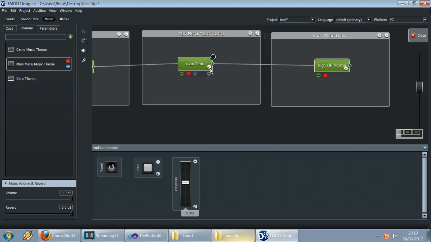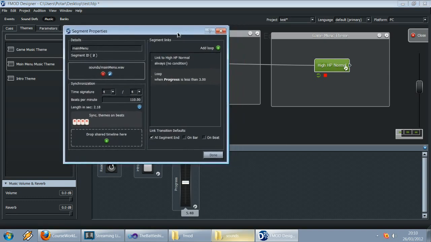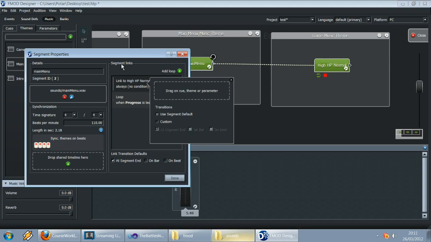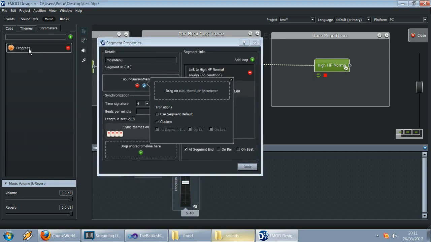What we do is we go to the main menu, and then you can see all the links here. First one is a loop by itself. When the progress is less than 3, it's going to loop. So the other one is linked to HP normal. This is the sound file. And this is going to happen always with no condition. We don't want that. We're just going to drag the progress parameter again and say if it is greater than 3,